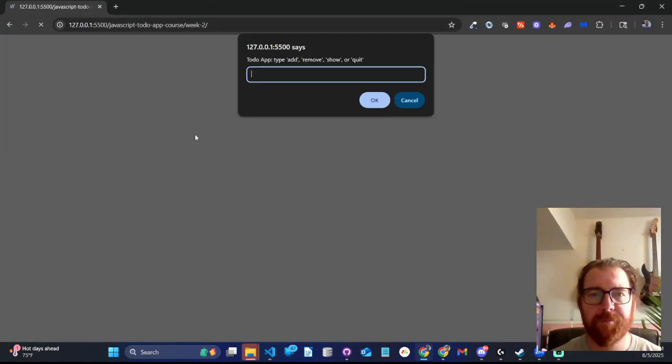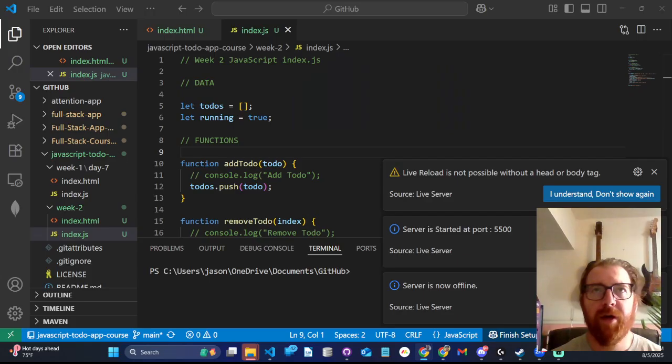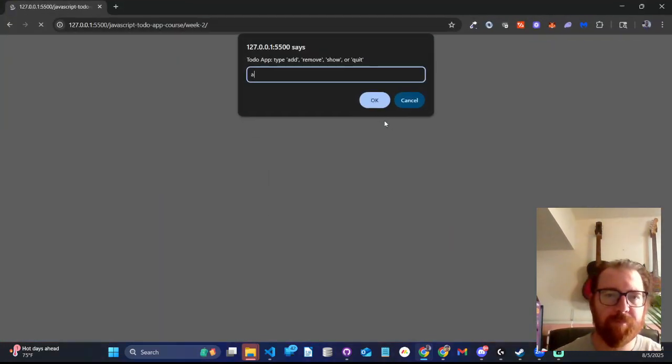I've got this. So now we know we've got this simple application that allows us to add to-dos, remove to-dos, show to-dos, or quit. Now, right now, if I type in add,